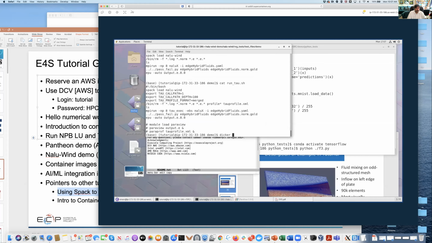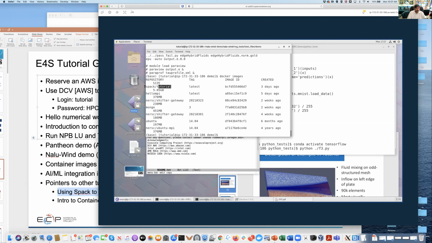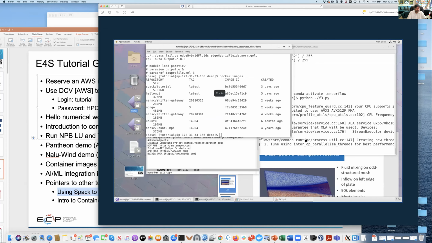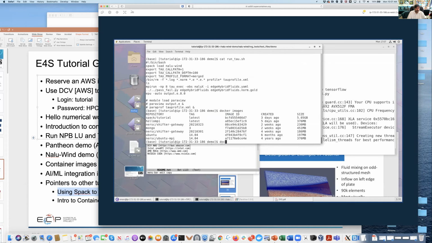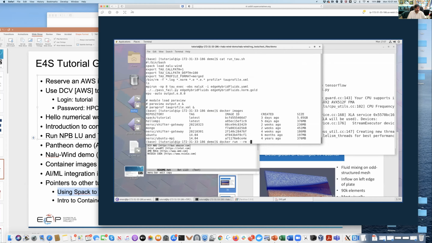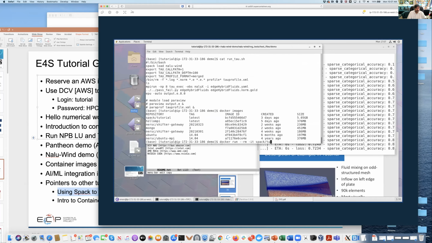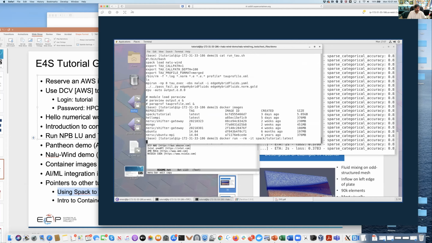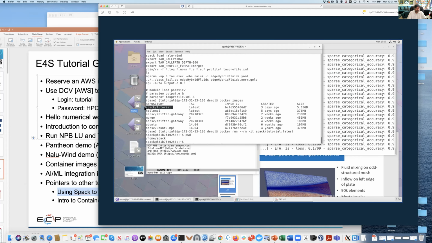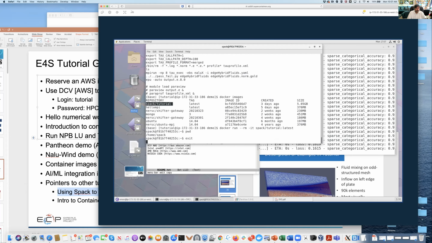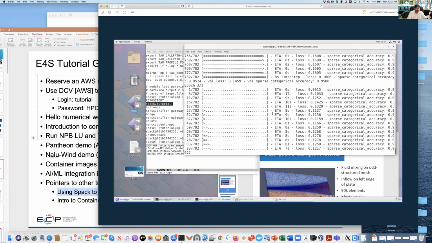So when I say Docker images, you see this SPAC tutorial image, and to launch it, we just use the same kind of Docker commands and say Docker run --rm -it spack/tutorial latest. And then you can follow along with the tutorial with all the SPAC commands right here. The image has the SPAC tutorial. So you can use this if you didn't want to install Docker yourself